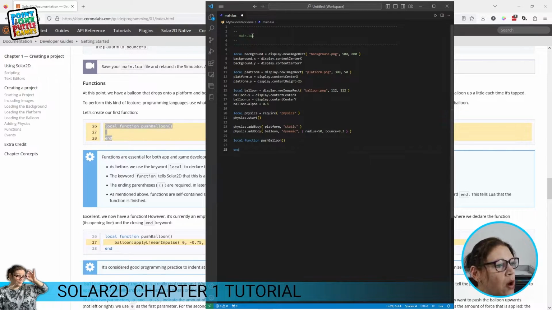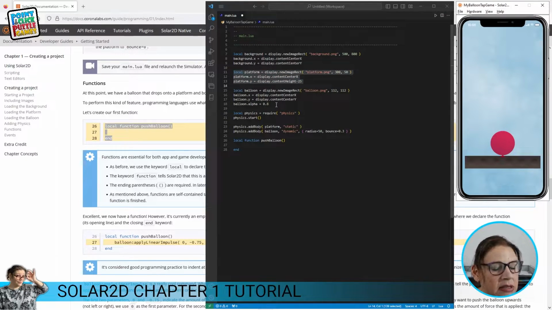So when Lua loads this game, it's literally starting in the very left hand side of line 1, and it's learning that that line there is a comment, and we've put in some text, etc., and then it gets to the code and it reads in line by line. So the first thing it's learning is that there is a background to display. Then it's going to display the image for the platform and then the balloon. Now the interesting thing here, and this is the way that you can test that you understand what's going on with the